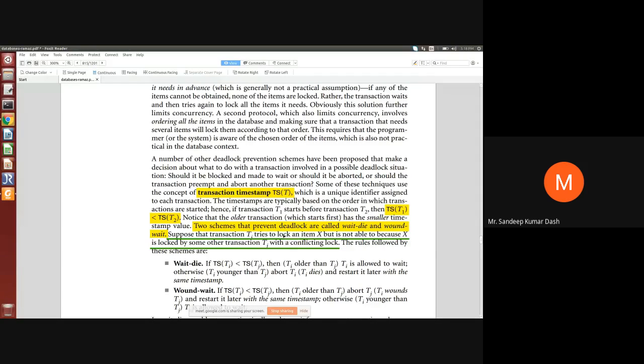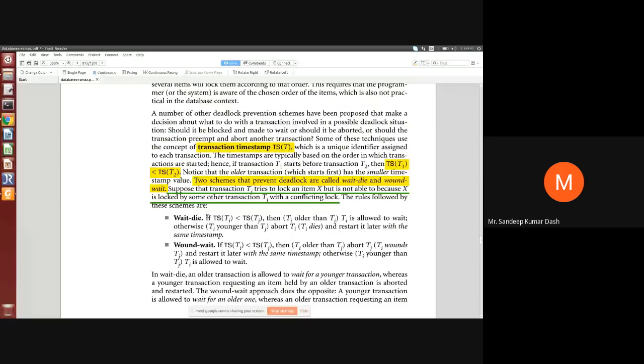So if transaction Ti is requesting a lock on an item X which is held in a conflicting lock by another transaction, then there is a possibility of deadlock because it has to wait. If another transaction is holding a conflicting lock on one item which is requested by that transaction, then there's a possibility that both of them may go into deadlock. So using this technique, wait-die and wound-wait, you can avoid that. So what happens in wait-die? If TS of Ti is less than TS of Tj,